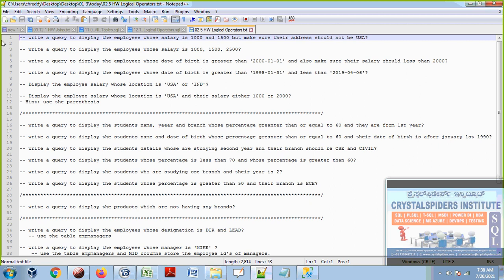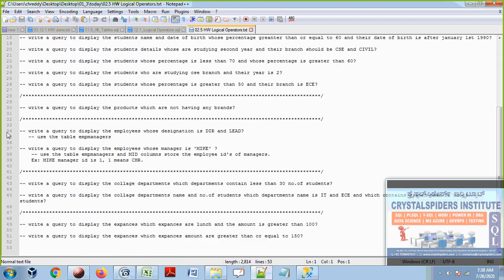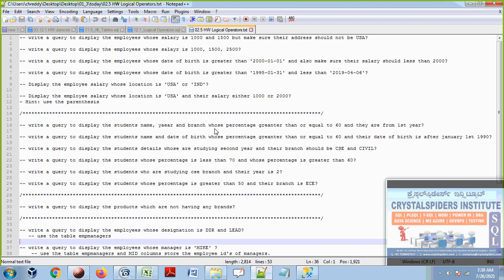Open this notepad file in Notepad++ and tell me the line number. If you have any issues, if you are stuck, or if you don't understand the question, tell me the line number and file name. This is the file name, under this line number. Open these files in Notepad++, then you will see the line numbers. If you open this same file in the simple Notepad, we may not see these line numbers. I recommend you use Notepad++ to display these line numbers, guys. This is the homework, a lot of homework. I want you to go through it one by one and write this homework.